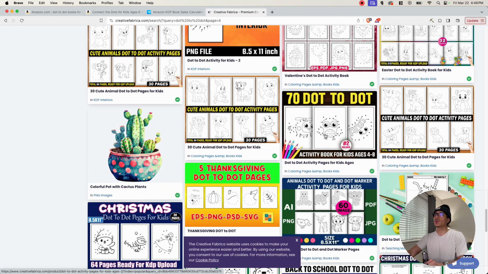What you'd want to do is take these images, upload them onto Canva, and then add your own designs to them to make them your own, because you don't want to just upload these as is. Imagine hundreds of people doing the same thing. You could end up getting a duplicate warning from Amazon, which is something you don't want. So anything that you get from Creative Fabrica, you want to make changes to